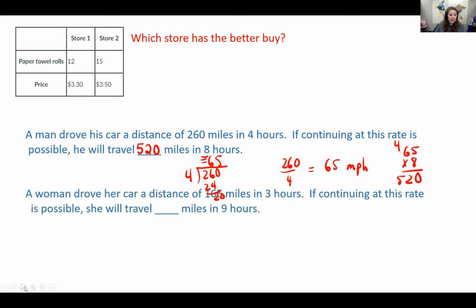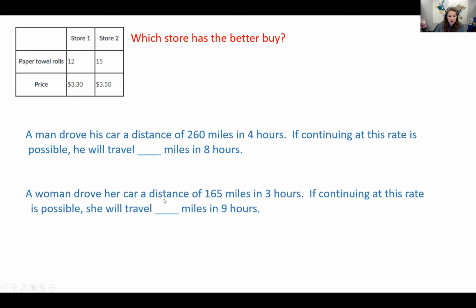All right, a woman, let's see what it says. A woman drove her car a distance of 165 miles in 3 hours. If continuing at this rate is possible, she will travel blank miles in 9 hours. So let's divide the miles by the number of hours. So 3 goes into 16 5 times. I get a remainder of 1. 3 into 15 goes 5 times. So it's 55